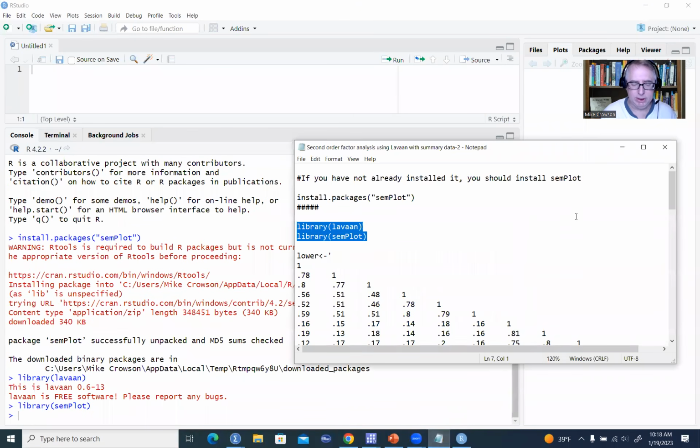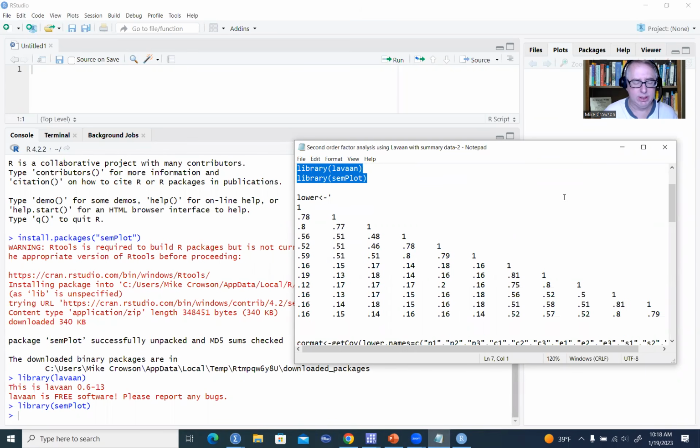But again, before we do that, we need to get the data into a form that will allow us to run our analysis. So again, we don't have raw data. As you're looking at this text file right here, I'm creating an object that is called lower, and it's going to contain the correlations among my variables for this particular scale. So I have lower followed by a less than sign and a hyphen, which produces an arrow,